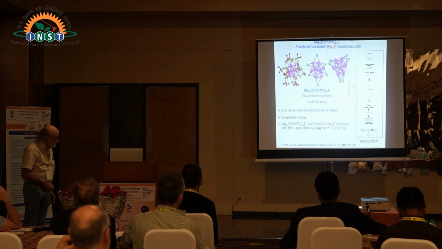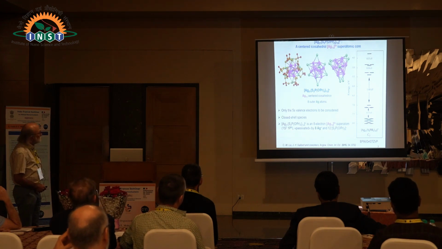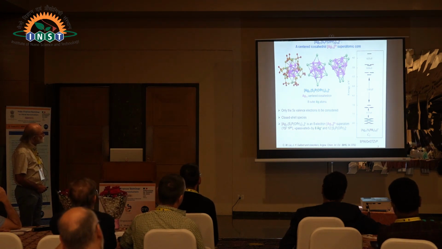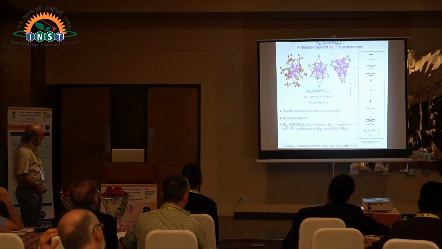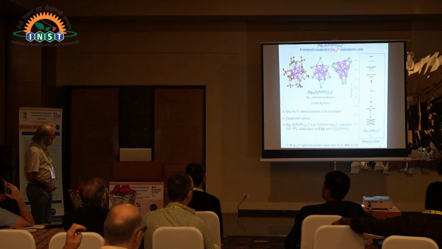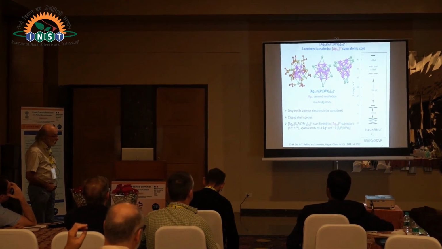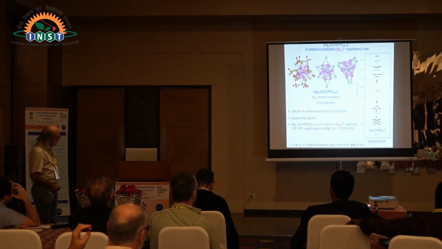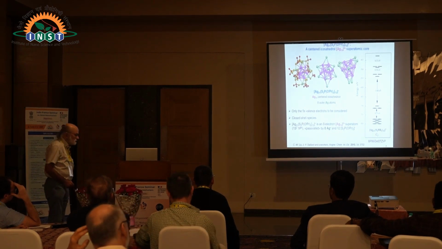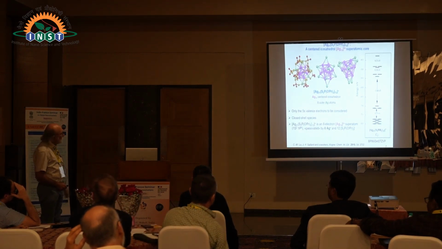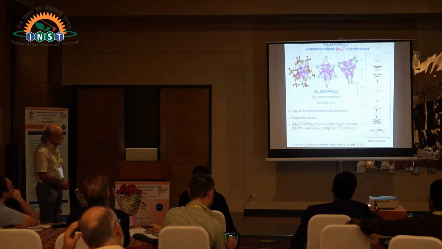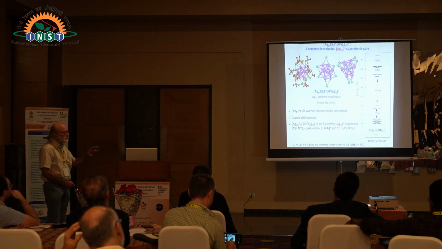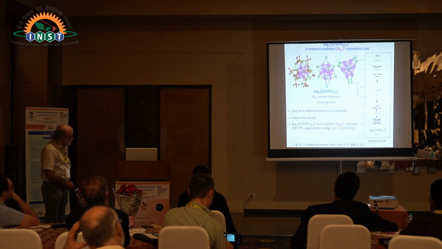So let's start with a real compound on which we calculated. This compound was made by a group of experimentalists in Taiwan, the group of Professor Chen-Wei Liu at National Dong Hwa University in Taiwan, with whom we collaborate. So we started looking at this compound, 21 silver atoms, 12 dithiophosphate ligands. These dithiophosphate ligands are formally -1.